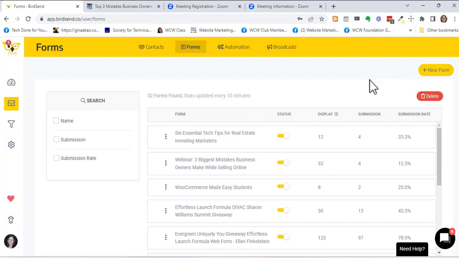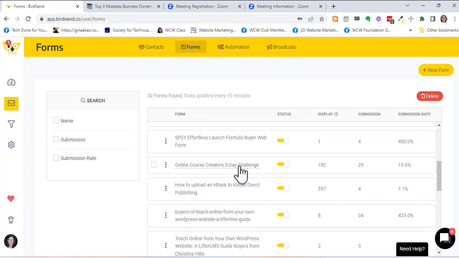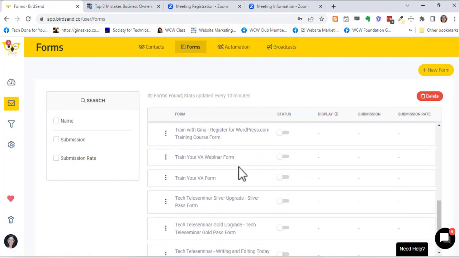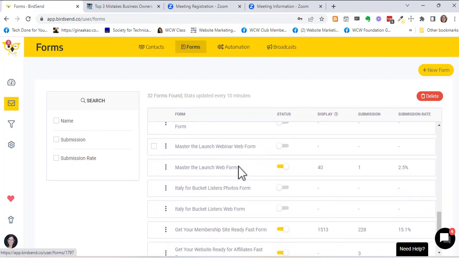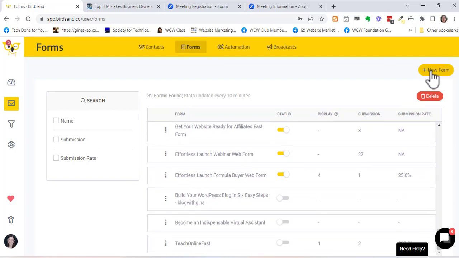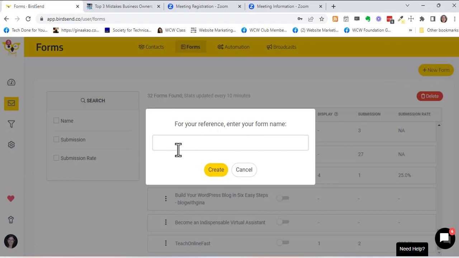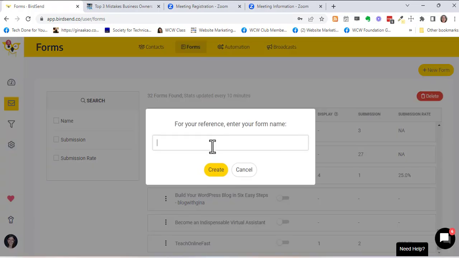I'm not sure if I have one already for this particular webinar. I might. I can't really remember if I made one or not. So I'm going to just go to a new form, and I'm going to name this after the webinar itself. And this is an internal name. Let's go to create,